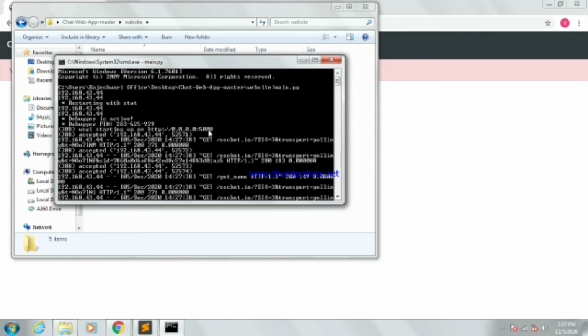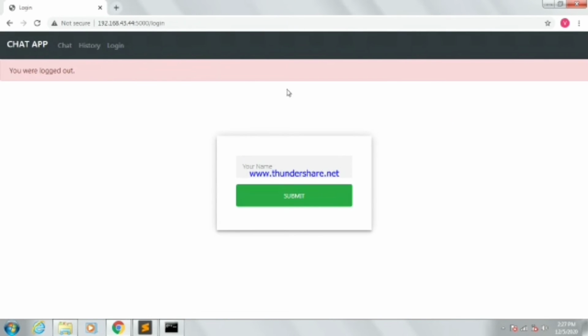This 5000 is our port, and what 0.0.0.0 does is actually allow users to connect to the web page. Any kind of IP address can be connected to that network.